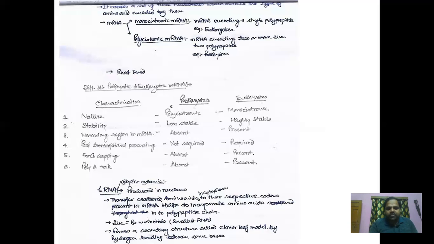Its secondary structure is called the clover leaf model, and it is formed by hydrogen bonds. And the 3D structure is called the inverted L structure. So here we see the detailed structure of tRNA. This tRNA is having 3 arms. The left arm is called the aminoacyl synthetase binding loop. On the right it is called the ribosome binding loop, and the middle one is called the anticodon loop,